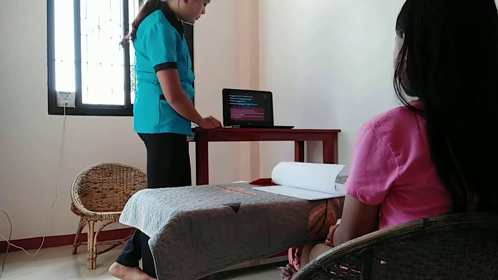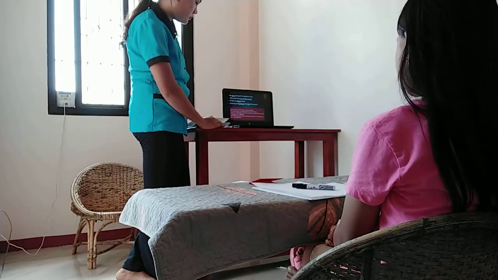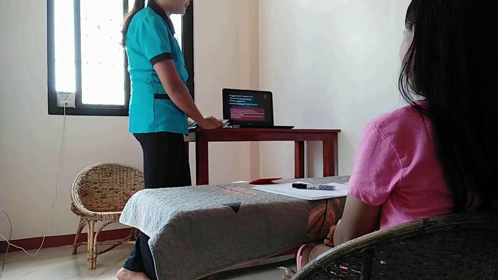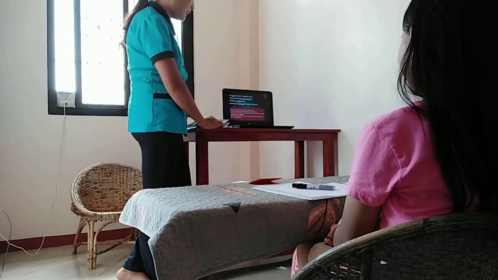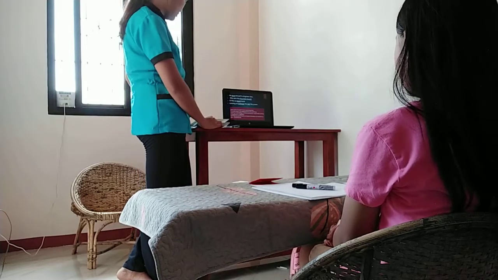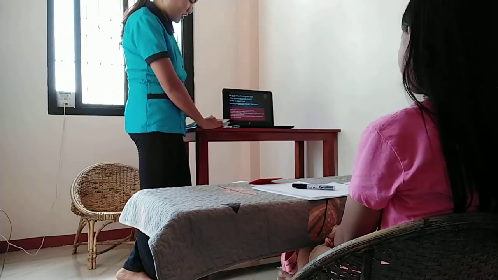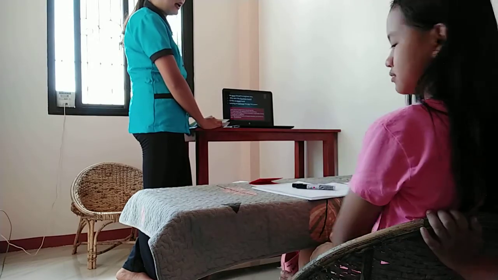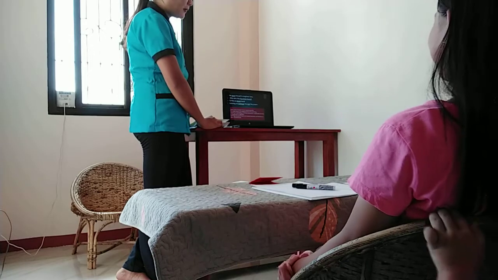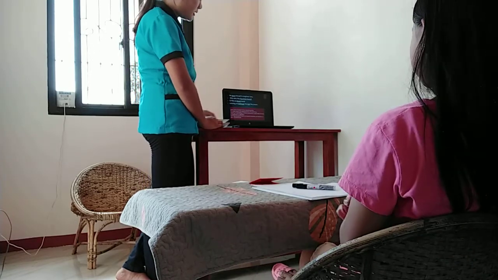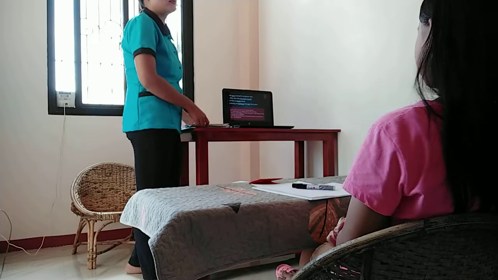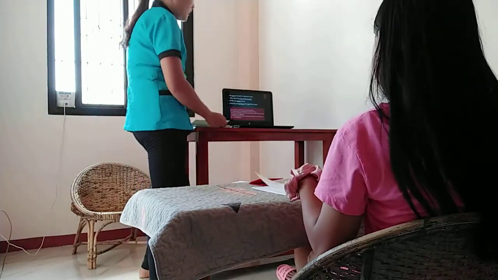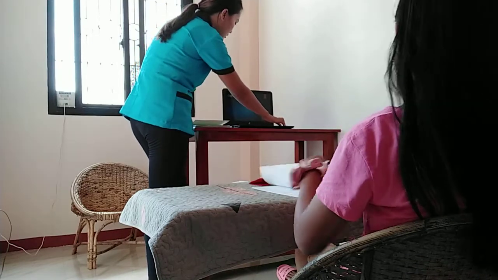Next. Heritage, property that is already inherited, or an inheritance. Heritage is the inheritance you will receive. Next is islet. What is islet? A small island. Yes? Okay, let's move on to our discussion.